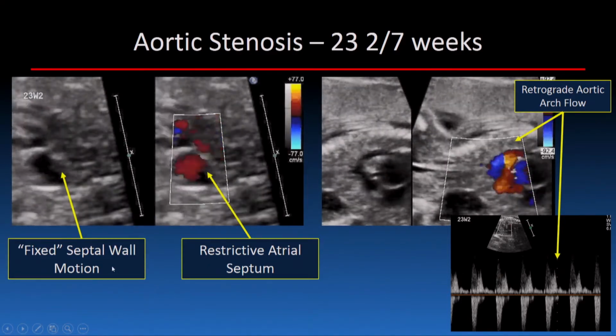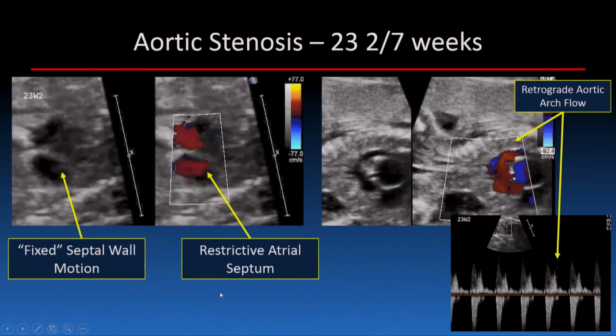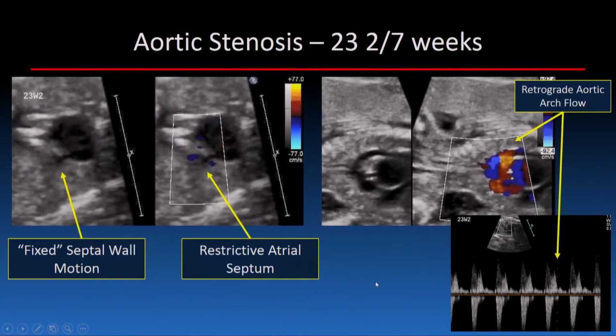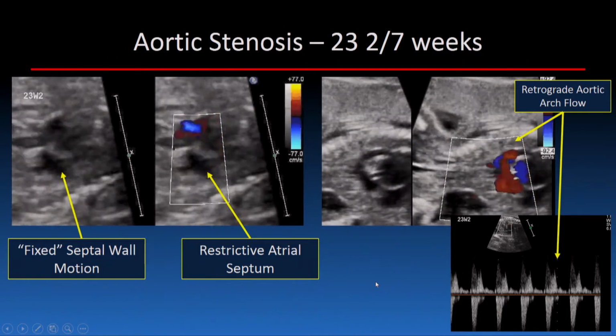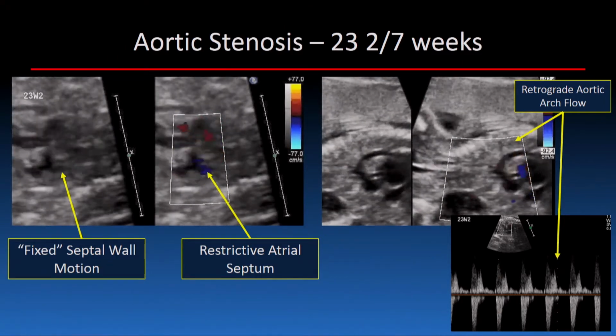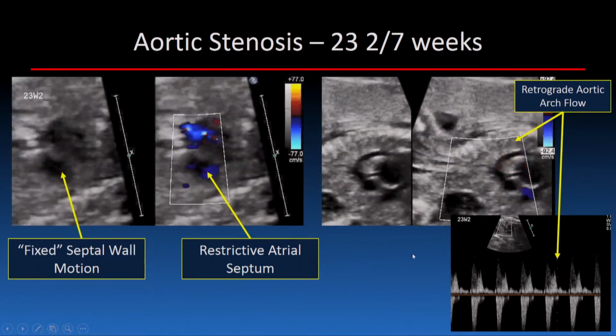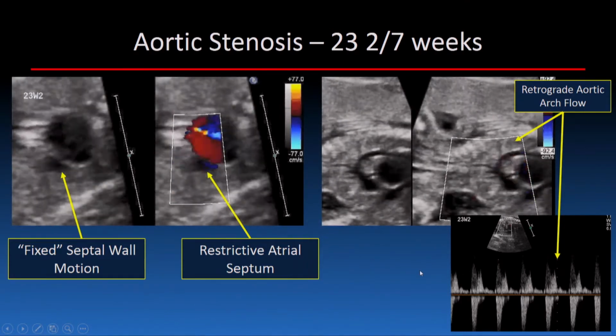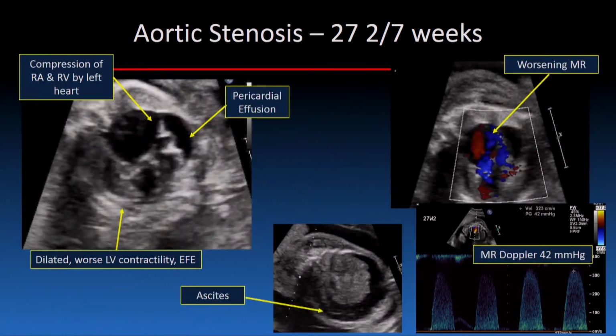Again, that fixed septal wall motion is another marker to be aware of when we're looking at aortic valve stenosis and other forms of critical left heart obstructive lesions. And then there's retrograde flow in the aortic arch, both confirmed by color and spectral Doppler. Well, 4 weeks later,